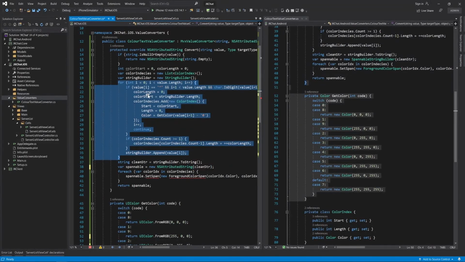Also, while we're parsing out color codes, we also create a clean string, which means a string without any color code. So all occurrences of color codes will be removed. And we'll get a clean string, and we will get a list of ranges for every color. So we'll create an attributed string,